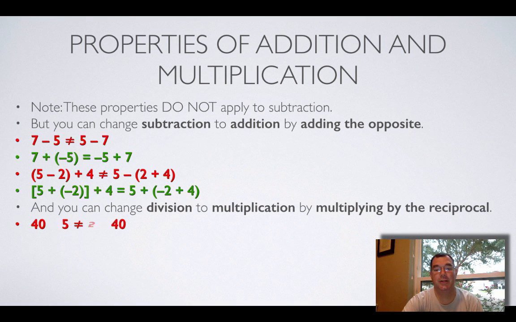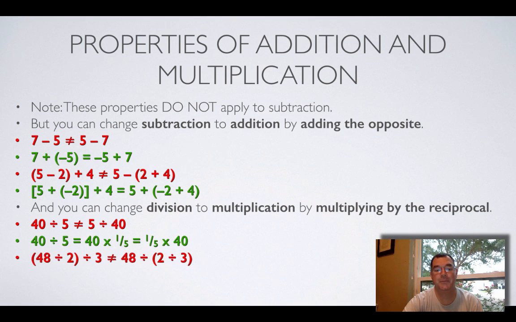But if I change the minus 2 to adding negative 2, then the associative property works. Okay. Similarly with multiplication, if you want to use those properties, you have to change whatever you're dividing by. You need to change it to multiplication by the reciprocal. So 40 divided by 5 is obviously not 5 divided by 40, but if I change 40 divided by 5 to 40 times 1 over 5, then I can switch the 1 over 5 and the 40,